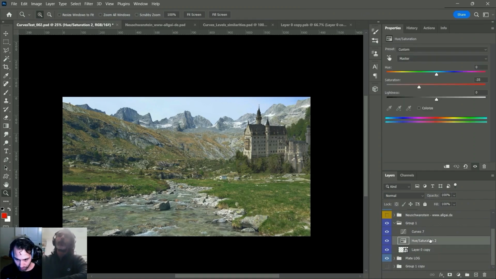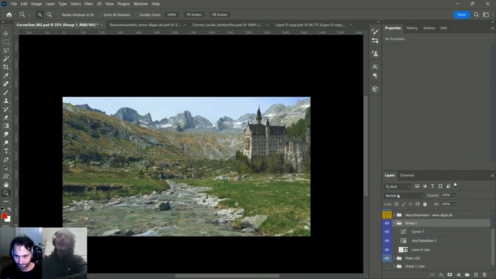Now you have your curves and hue saturation aren't clipping to it. You're using the group to keep it inside there. Yes, exactly. The idea is that whenever you're creating a layer in depth, you want to use a group that is blending normal, because that's going to be easier to translate in Nuke. If you're doing a scanline render, it's much easier to just have levels in one card after the other in normal. You could split them and blend them in whatever blending mode, but this is the